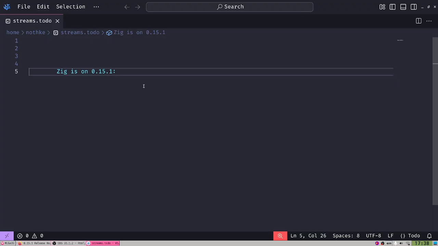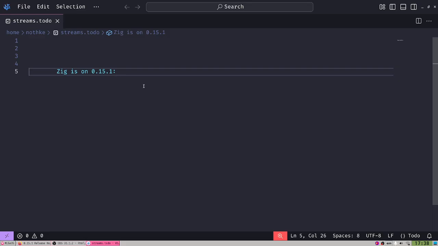And yeah, welcome back. I'm gonna do some zigging today. I haven't coded in Zig for half a year, and in the meantime, the last time I was coding in it was 0.13, and now it's 0.15.1, and they made some major changes. Those major changes are mostly due to the new reader and writer interfaces. But let's go into it slowly.